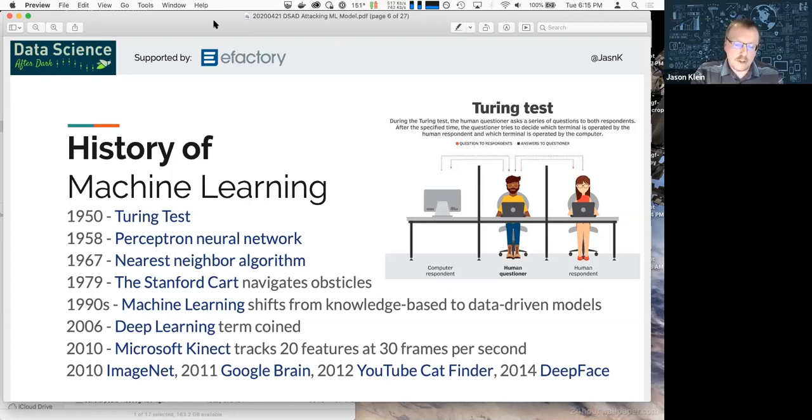So, I mean, you fast forward to Watson beating Jeopardy or beating other contestants at Jeopardy, or more recently, computer beating other folks at Go. Those could have never happened through knowledge-based programs because we don't have the capacity to teach the computer and program all of the different rules and things that we know.